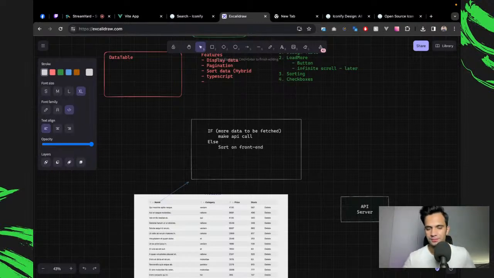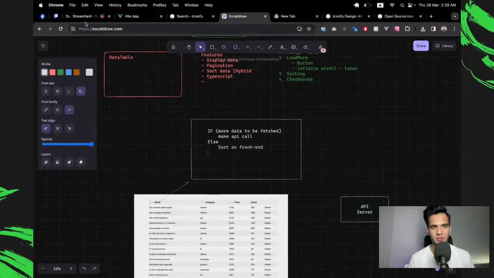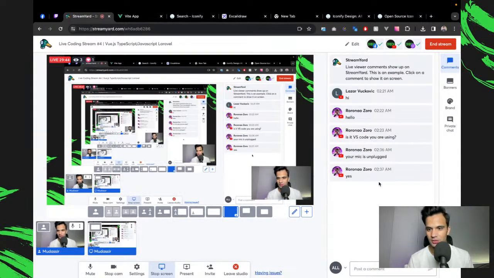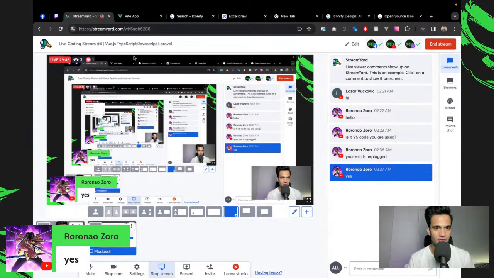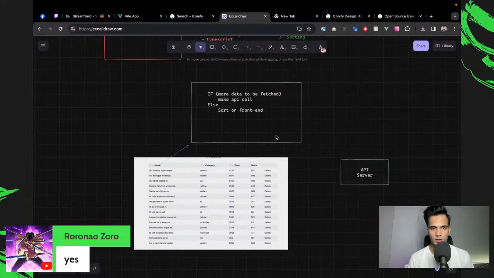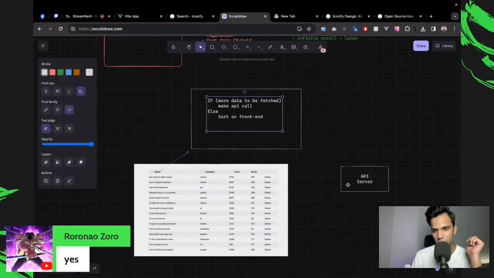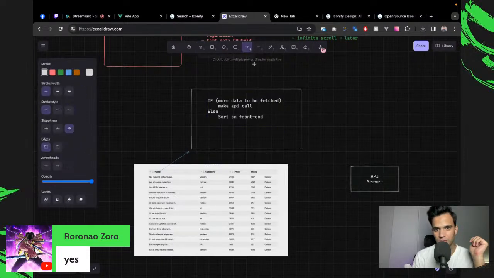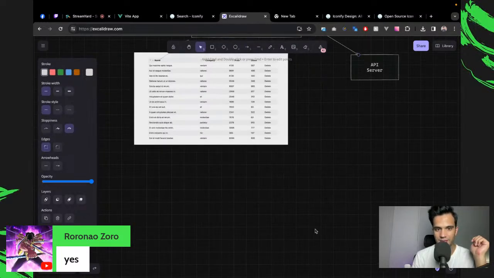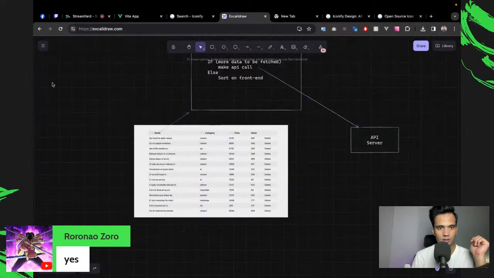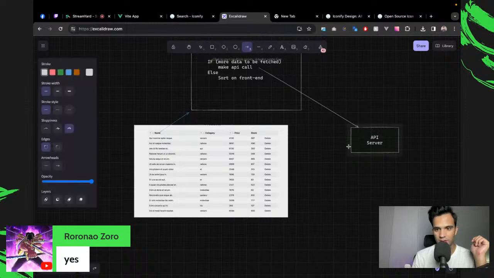This is a very safe way to do, particularly the API design that we have. Thank you for the confirmation. So if there is more data to be fetched from the API, then we'll make the call to the API in this first condition and get the data. Sorry, it's not load more, it's sorting.